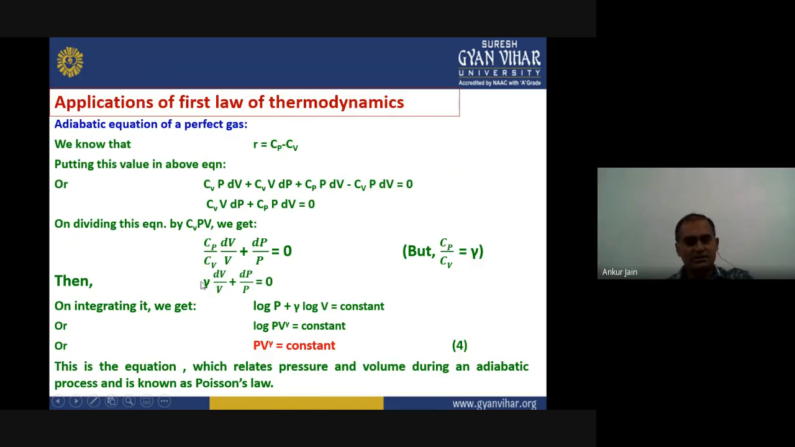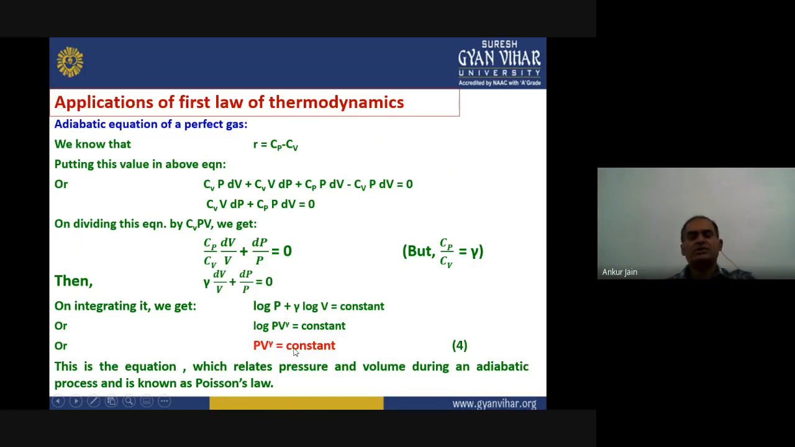Gamma is a constant, so gamma into this term will change to log V. If we integrate this, it will become log V, and this will again become log P. So the final term will become log P plus gamma log V equals a constant. Because these are two log terms, we can take gamma as the power of V, so we can write log PV to the power gamma equals a constant. Since this is a constant, we can remove the log and write directly PV to the power gamma